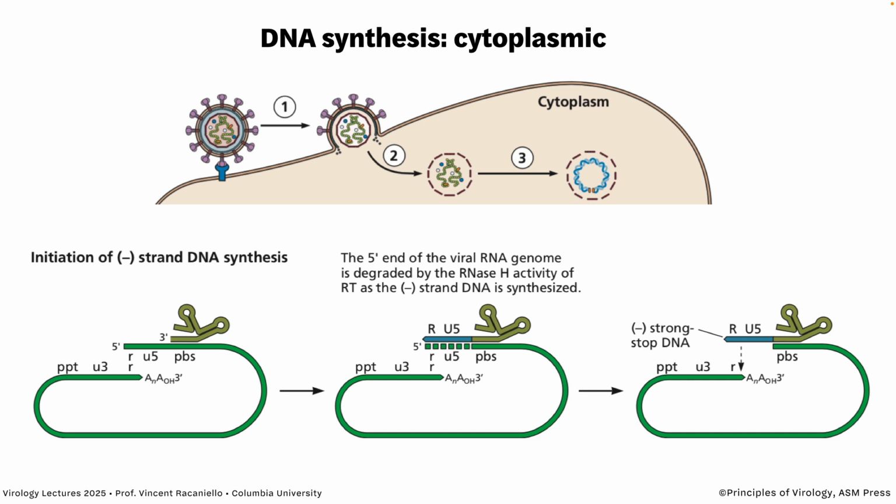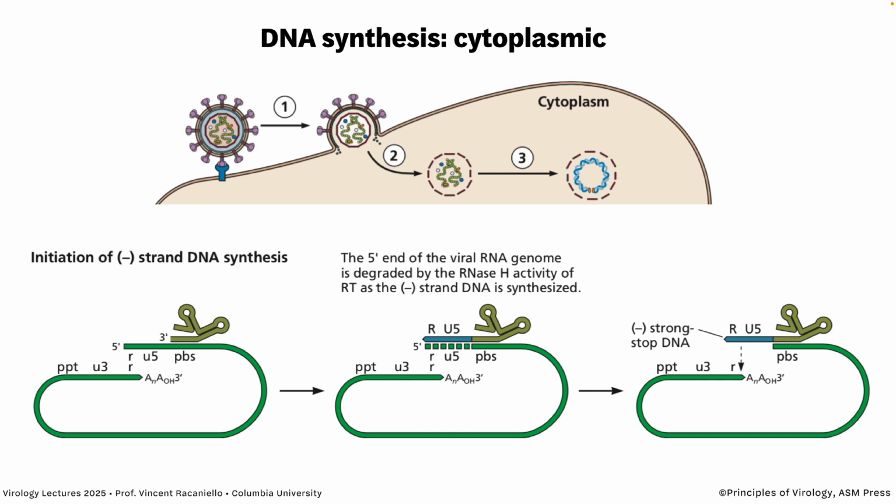So the polymerase uses the tRNA as a primer, makes DNA complementary to these sequences. And these are very important sequences. Little U5 are going to be copied to big R, big U5. RNase H degrades the RNA template. So how can you go anywhere else? Well, there's the 3' end of the genome, which has little r, which is complementary to big R. This is not just one base, it's a series of bases. So they can easily base pair, and the enzyme can continue copying from the 3' end.